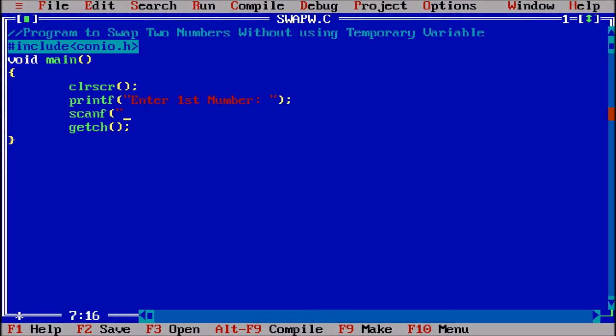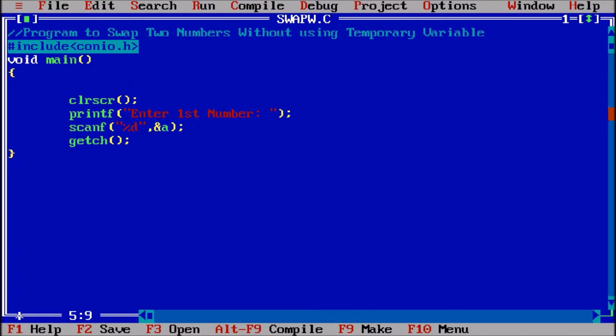Scanf %d comma &a. Let us suppose that a I am taking as the first number, so I will just put int a. So int a is the variable which is declared now, so the value will be going into a.